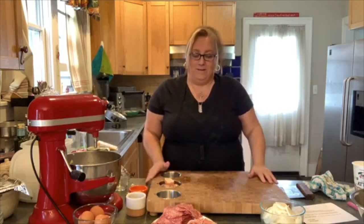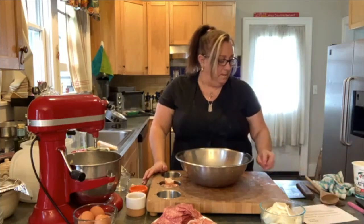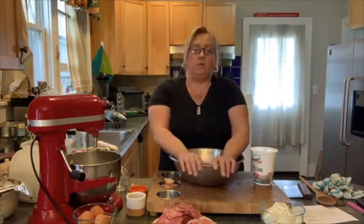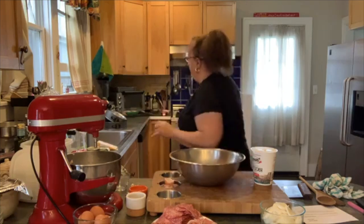All right, so now we're going to start to make our filling. We are going to start with 3 pounds of ricotta. Now, you don't need 3 pounds of ricotta for 1 pie. I'm going to make filling that's going to fill about 2 or 3. So what I have here